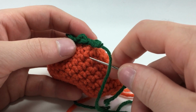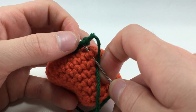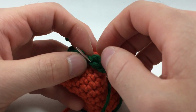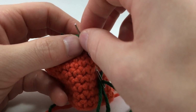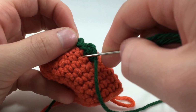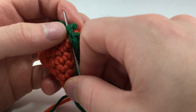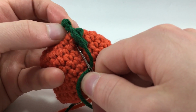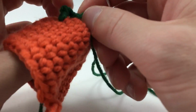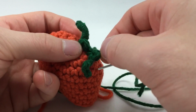So you go into our end, like you choose a spot, and then you come out a spot above it, and then go into our piece. I go into where we made our little mini picot, and I just pull it through like that, and then I go right back into where we came out, and then go up through a different part, and kind of make it more of a zigzaggy kind of thing. You don't want it really spiked, but yeah, you get it. We go back into our piece again,